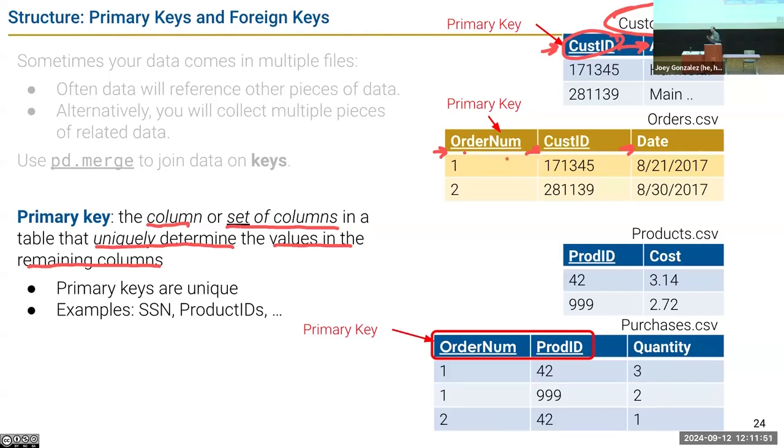So this is a concept that in database systems actually has a formal definition, but when you're working with data, you're going to be thinking, what is the primary key in this table? What is the thing that determines all the other rows? Is it the state, for example, the region? This is Washington. This is Puerto Rico. That determines the values for the rest of the columns. So it's going to be unique.